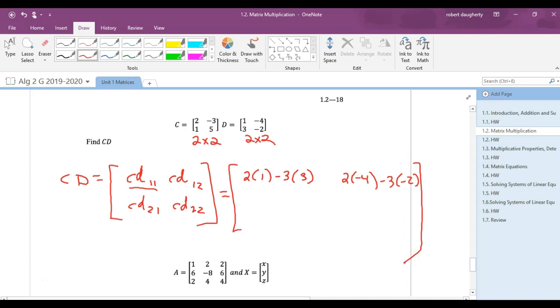And then I move down here, second row of C, first column of D. So that's 1 times 1, plus 5 times 3. And then second row, second column. So that's going to be 1 times negative 4, plus 5 times negative 2. So this answer